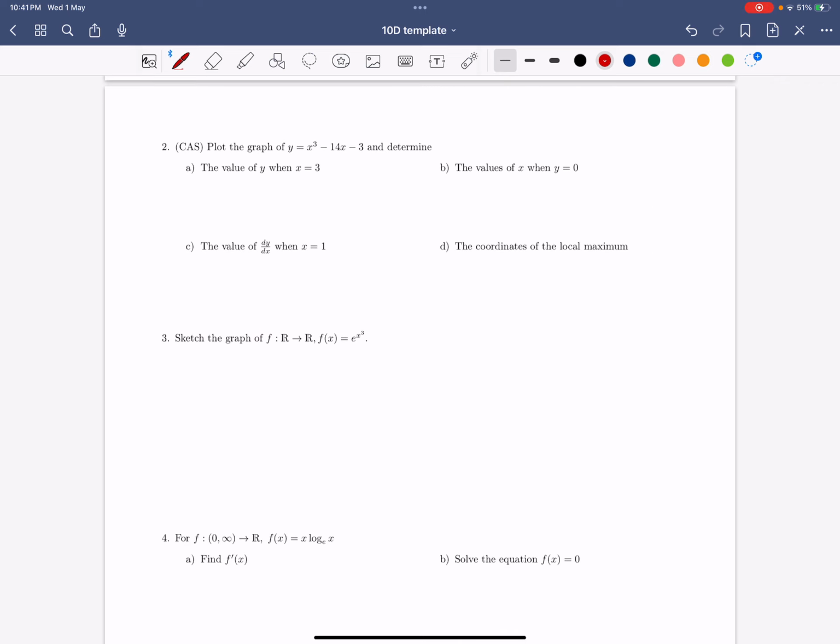So question 2 explicitly says we're going to use a CAS for it. So I will just define it on your CAS. So I'm going to do f2 of x equals this function, so x cubed minus 14 times x minus 3. And I'm hoping while you're watching this video in class, you're also typing this into your CAS and doing the questions with me. So the first question is the value of y when x equals 3. You just sub in x equals 3 and you end up getting